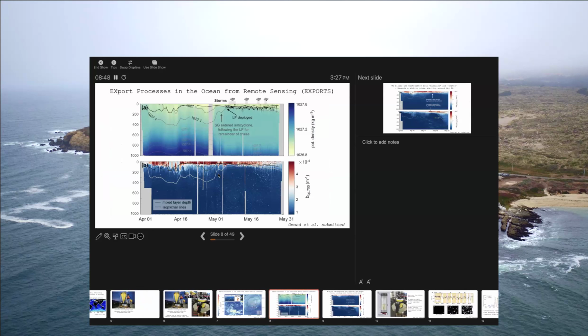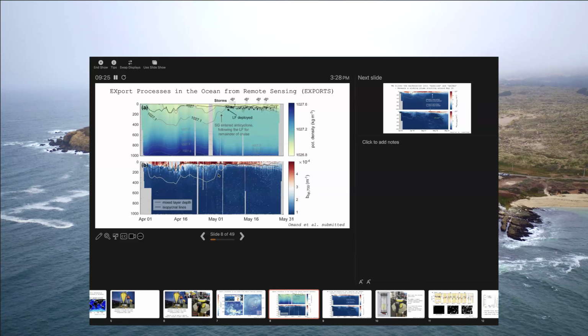This is now a time series of glider data. The top is density. We have isopycnals shown in gray and the mixed layer shown in the black dashed line. The Lagrangian float was deployed later on during the experiment for this 1-month intensive period, and you can see its drift shown in the sort of scribbly black line right there. So what it was doing was it was drifting for a period of about 12 hours, and then it would pop up, transmit its data, say its location, come back down again. And that was really how we were able to keep track of where it was going.